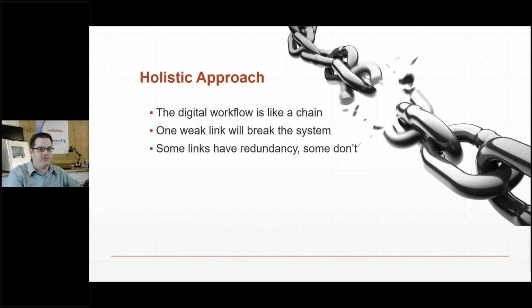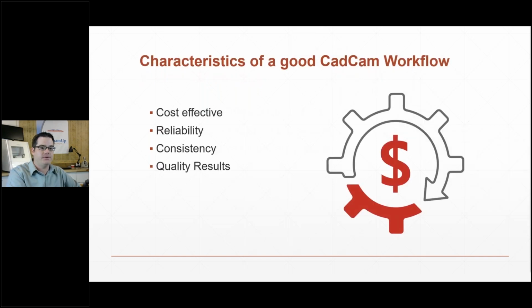It's an aggregate of several different pieces that all come together to make an efficient workflow. So the best comparison is to visualize it like a chain. One link breaks and you can have issues. So going forward,